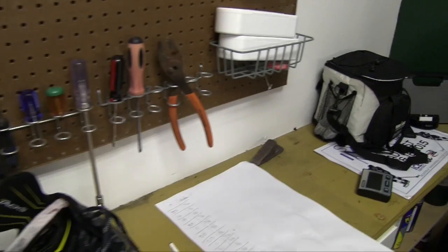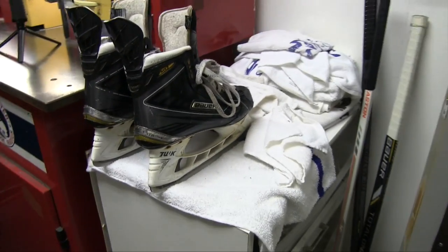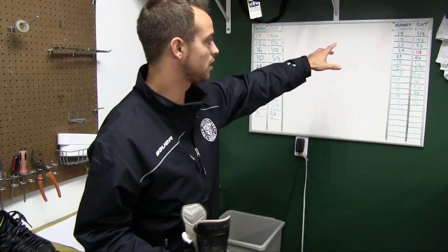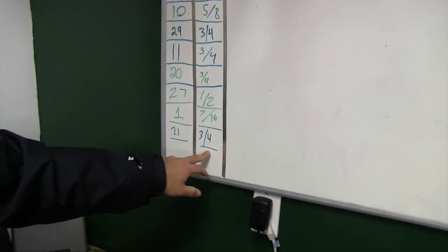We got helmets sitting out. We got skates. Players just put their skates down there. The other thing that I have players do is they'll write their number down here. Right here, we have Travis Witt's skates. So he's number 21. I look over on the board. He cuts it at 3/4 inch. Now what that means